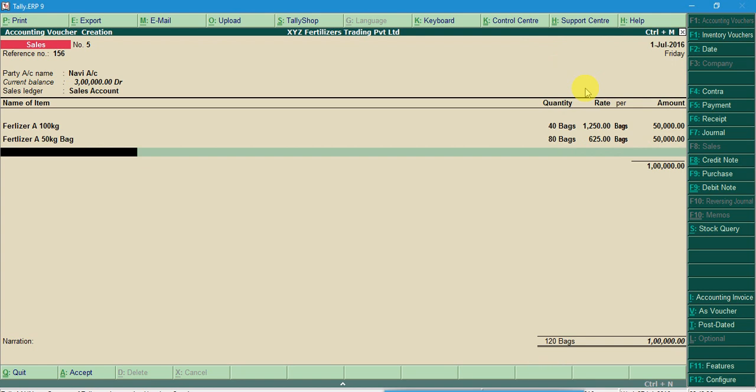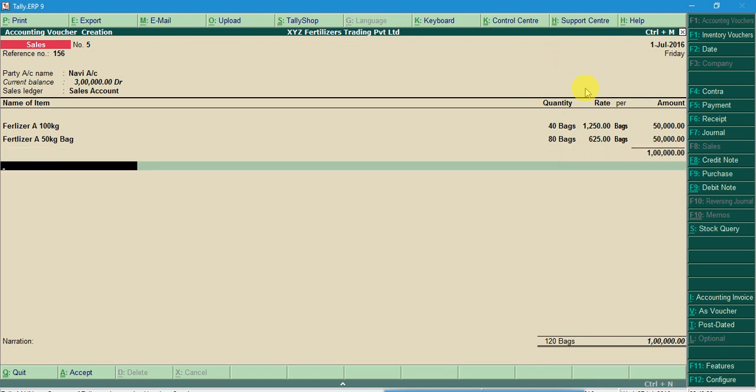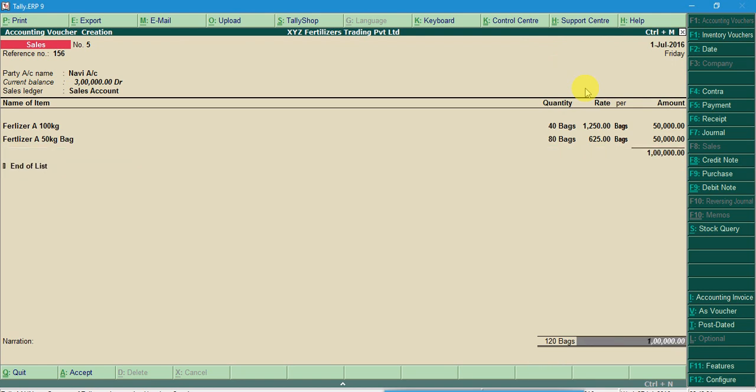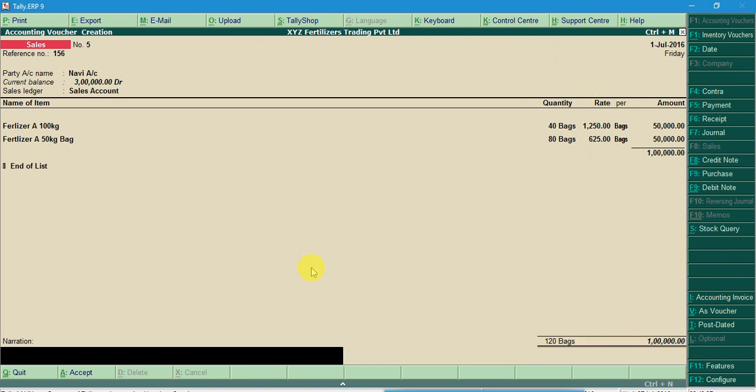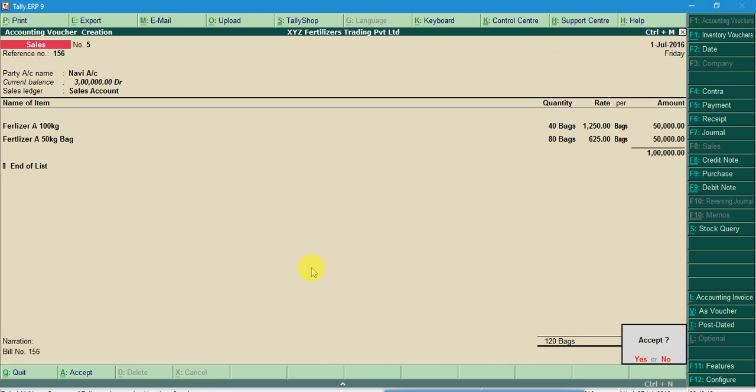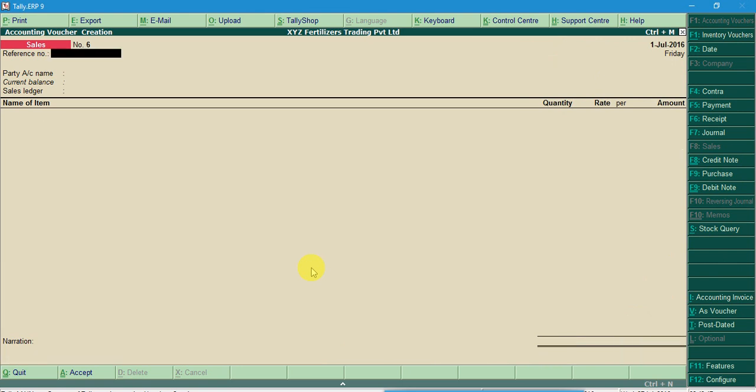Then press enter and it will show the end of list. Here you can make any changes if you want, and then type the narration, bill number 156, then press enter and accept it.